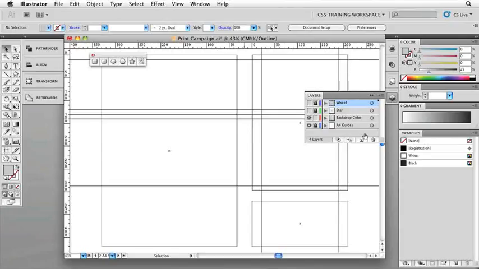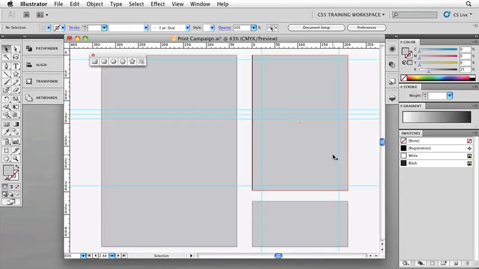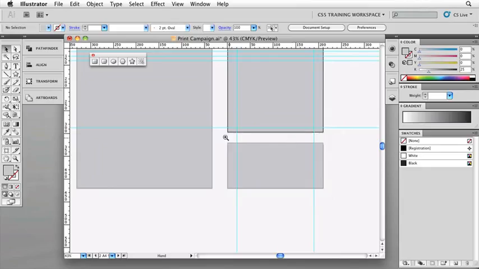Okay, let's come back over to the Layers palette and make sure that we select the backdrop color layer. So this is the one that we can now create a new element on. We can go ahead and close that down. Let's go back also into preview mode by pressing Command Y or Control Y on the PC,